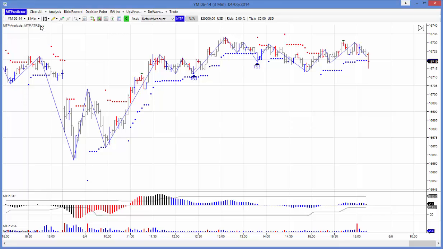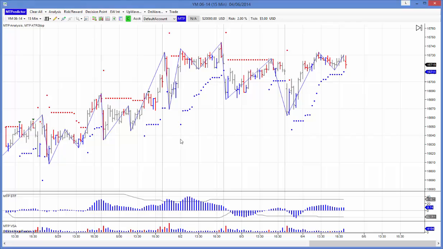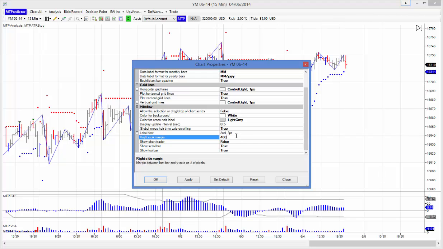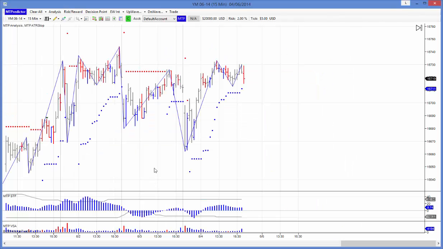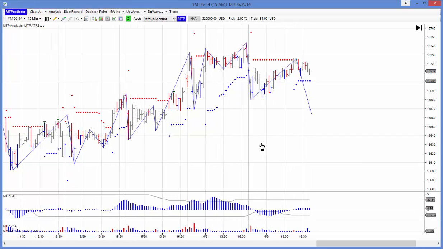So first and foremost we go to the higher time frame chart. So for this I'll go to the 15-minute chart. Now I want to stress this, so I'll just put a bit of white space on the right hand side. I want to stress that these levels that I'm placing on are on the chart in advance. So if I scroll back to the day before yesterday, yesterday was Wednesday the 4th of June,